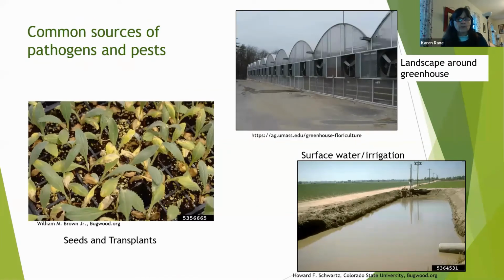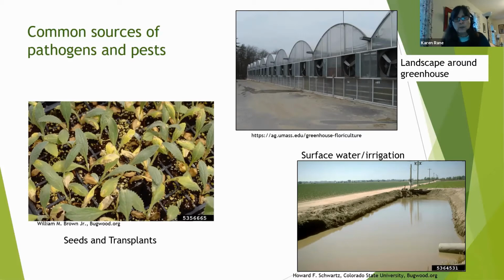Another source of pathogens and pests are the plants that you are introducing to use as your crop. If you aren't producing your own seedlings, you might buy diseases in with your transplants. And there are some pathogens that are seed transmitted. So you can acquire the pathogens that are on the seed, and then when you raise the seedlings from that seed, the pathogens will continue to be there. So it's important to use good certified seed if you can, or be confident in your seed source being